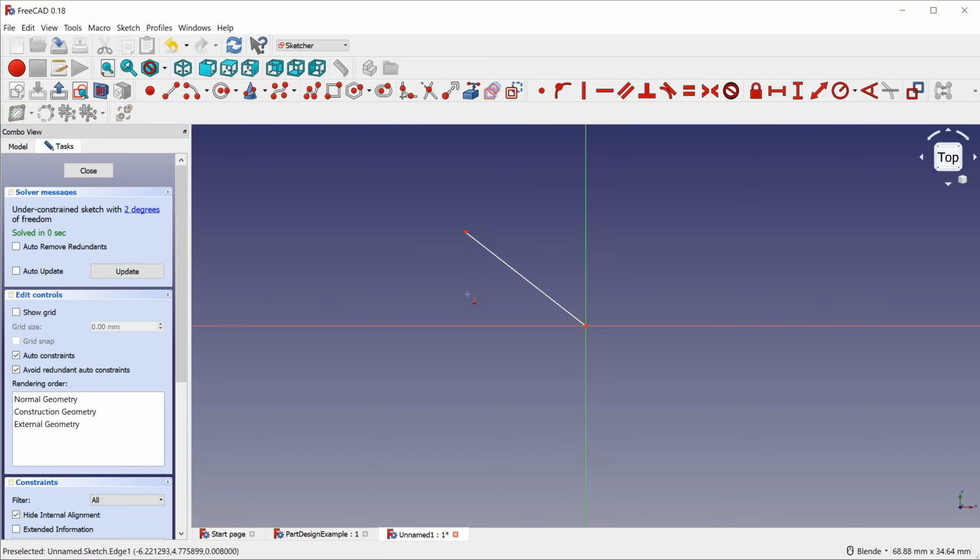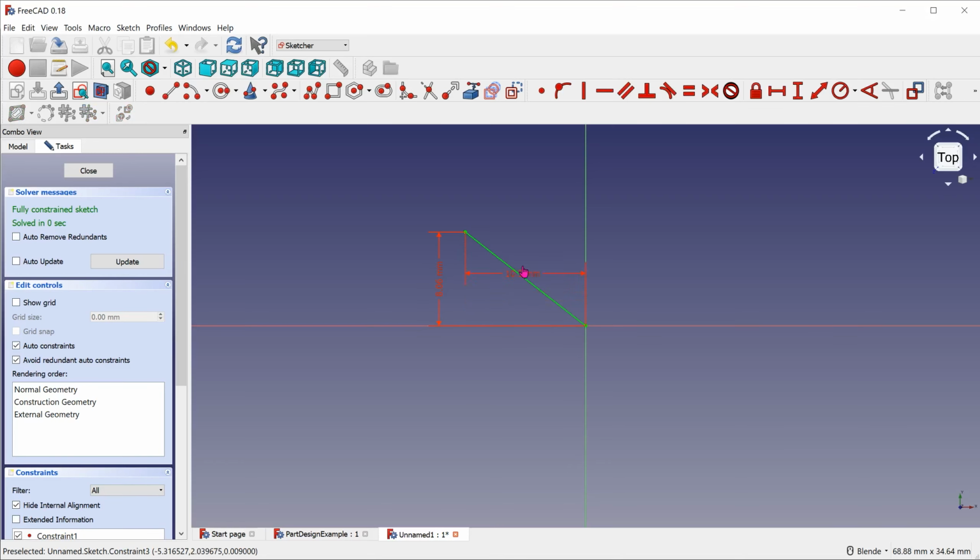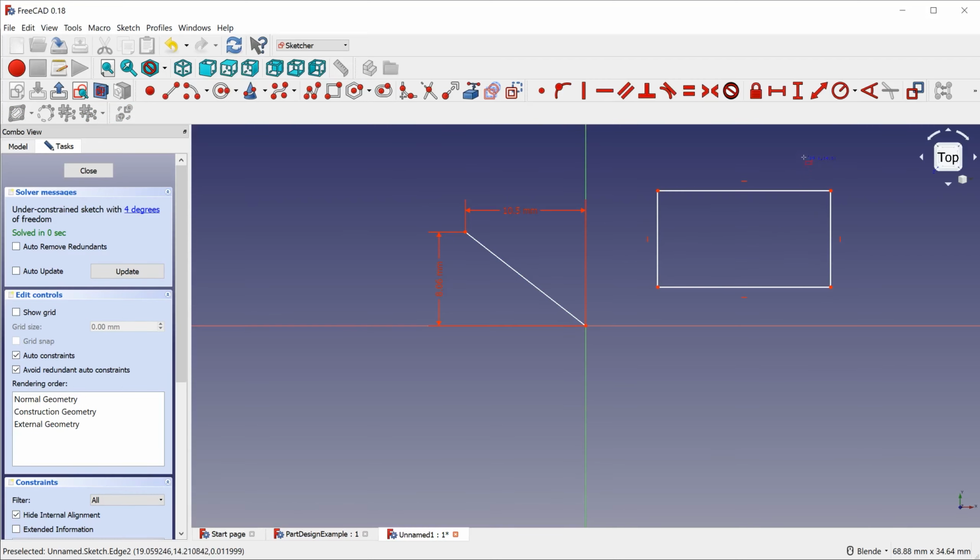Alternatively, you can directly select the line and the vertical dimension with respect to the origin is added. For horizontal dimensioning, use the Horizontal Dimension tool. In the case of a rectangle, we can use the Length Dimension tool. For non-linear entities, such as a circle, use the Circular Dimension tool.